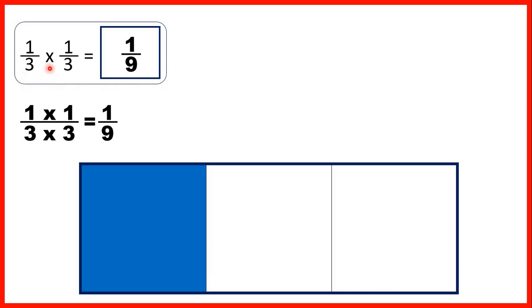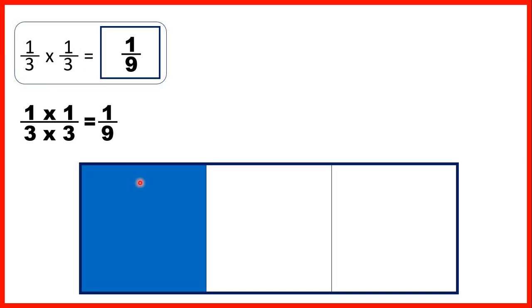Now multiplication doesn't always make things bigger. Multiplication only makes things bigger if we're multiplying by a number larger than 1. If we're multiplying by 1, it stays the same, and if we're multiplying by something that's less than 1, our answer will be smaller. So for 1/3 times 1/3, what we're really doing is taking 1/3,